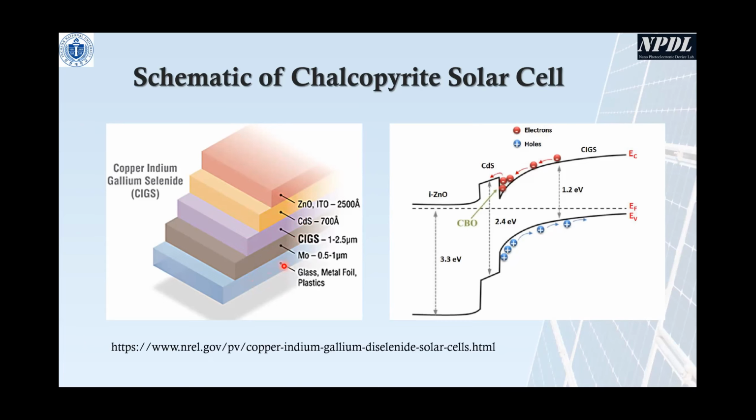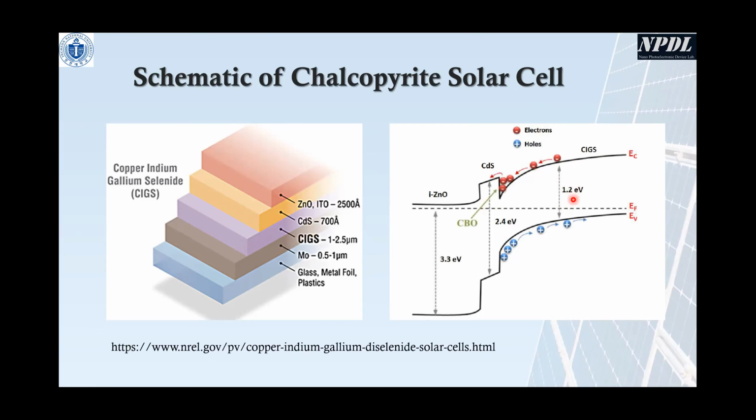From glass to CIGS, it's some p-type layer, and from cadmium sulfide to zinc oxide, it's some n-type layer. So ultimately, a solar cell is the combination of p and n-type layers. And if we see the energy diagram or band diagram of the total device structure, then we can see that